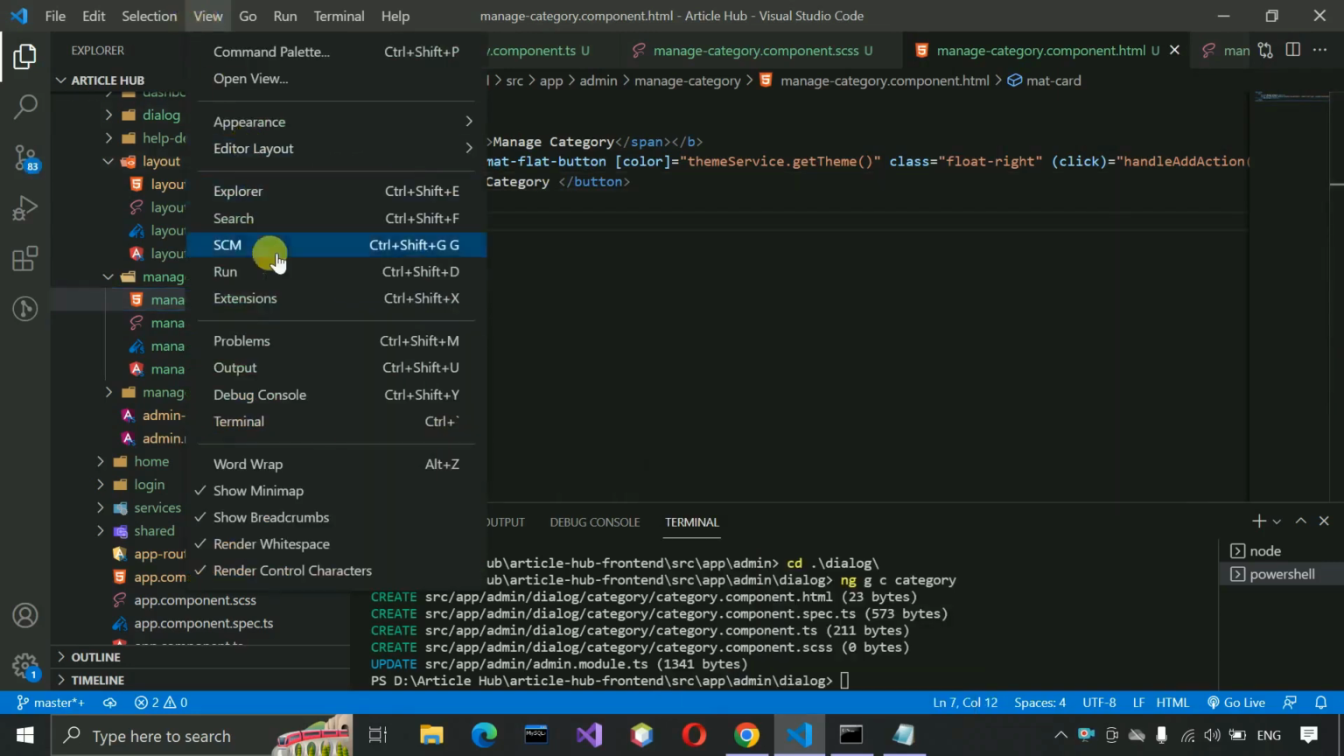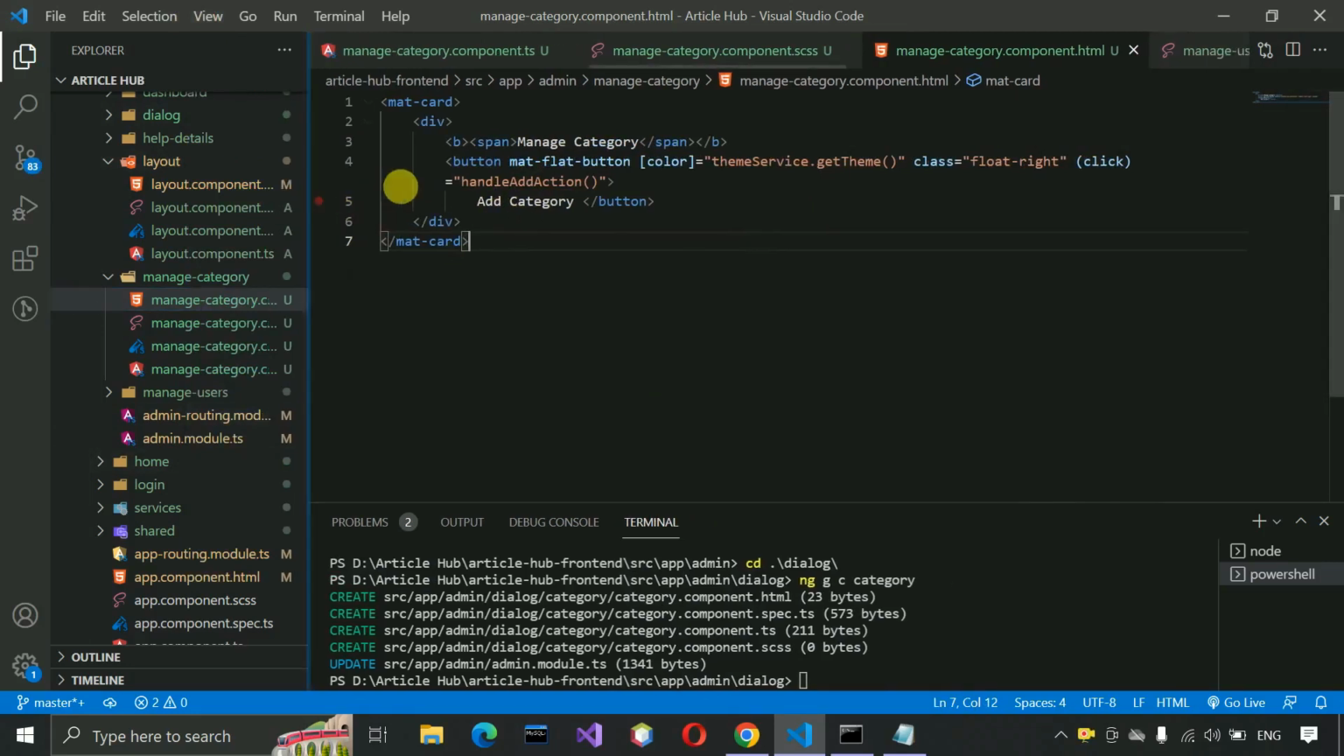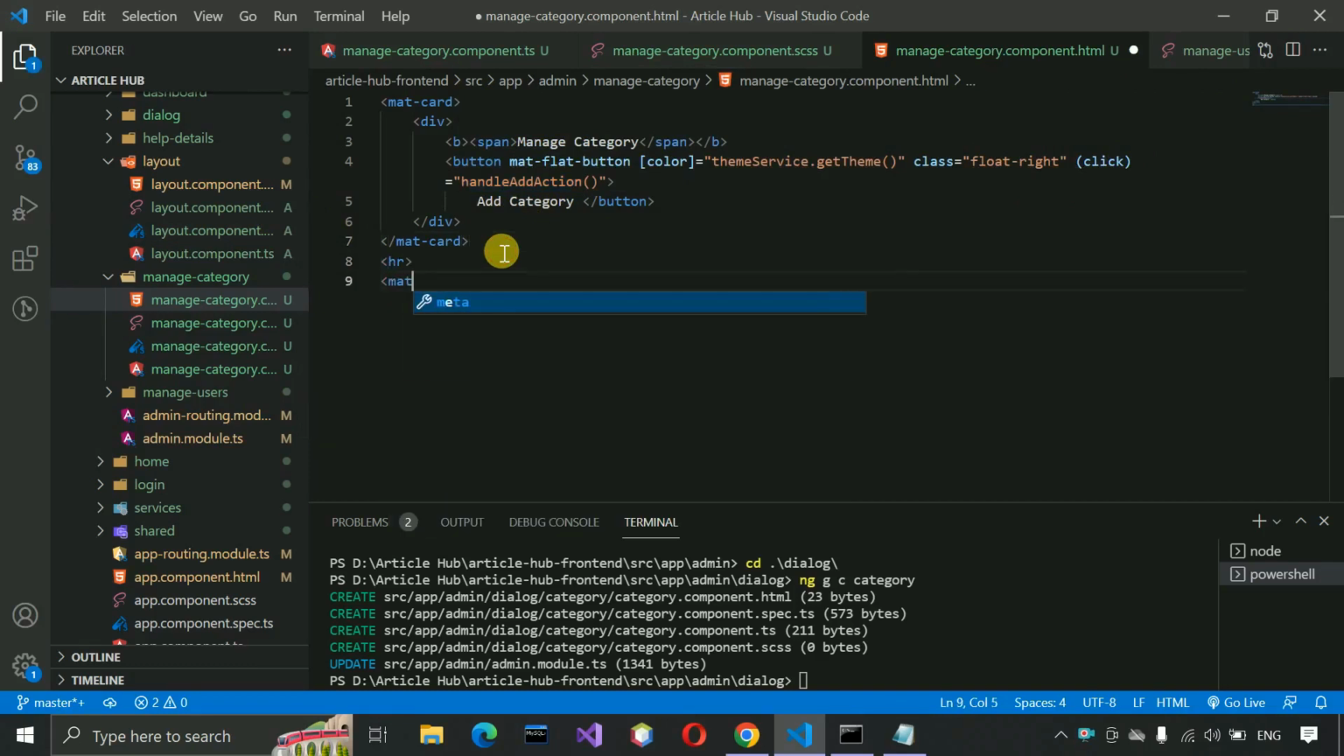Okay, view, and let's wrap this one. Okay, so now you can see at once. So we have just created a button that will be mat-flat-button. We are passing the color and float-right, and on click event we just need to call this method. Okay, and let's go outside of this mat-card, put a HR here, and then we have to put a mat-card,